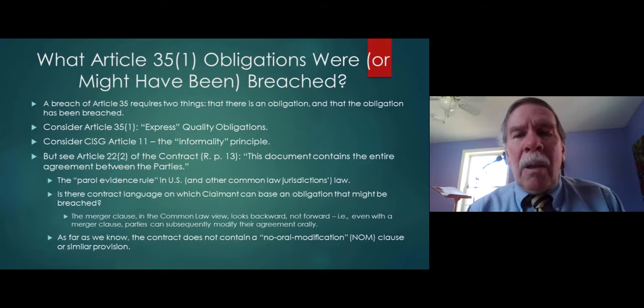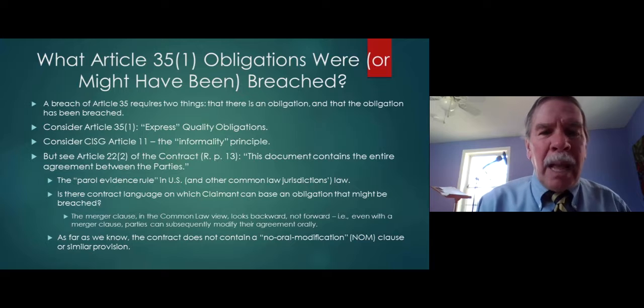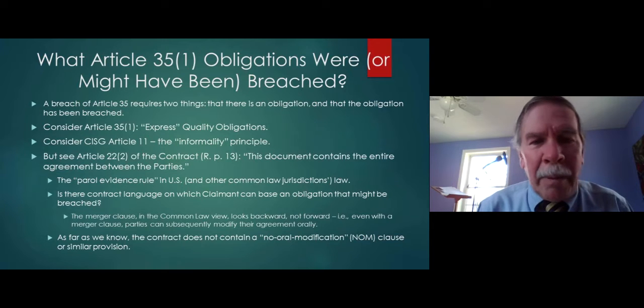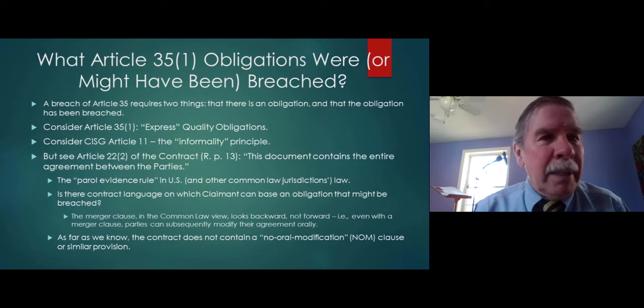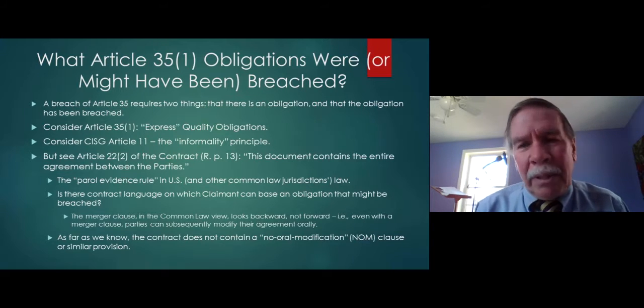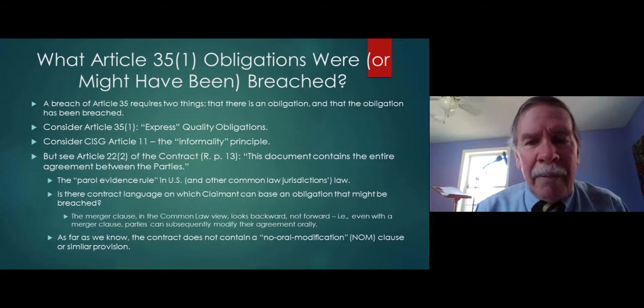Now, this is a clause that would invoke, under common law principles, U.S. common law principles, and probably other common law principles, the so-called parol evidence rule, which is highly developed in common law rules and confusingly developed, I must say. The parol evidence rule,